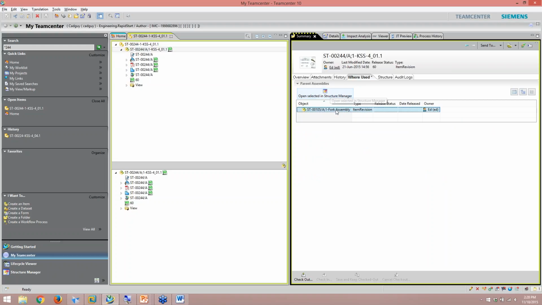So if this part was a bolt or a nut, I probably have quite a big list of different assemblies. But I can use this specially configured tab to find the assembly that this part's being used in and actually load up the entire assembly in a viewer.